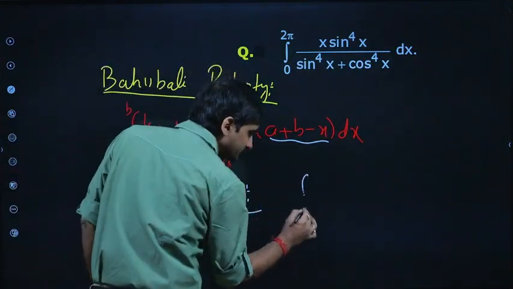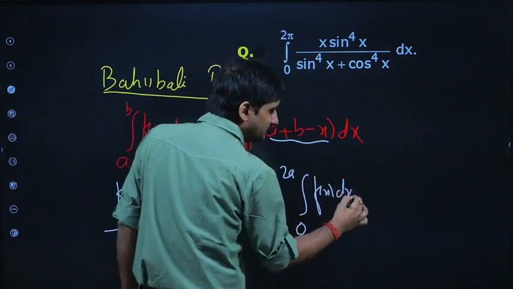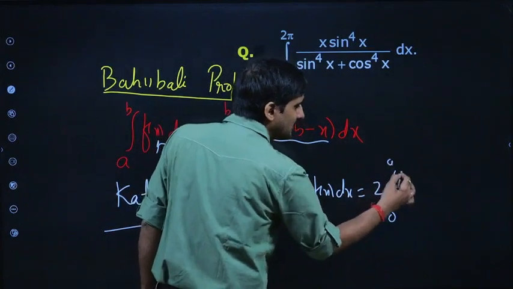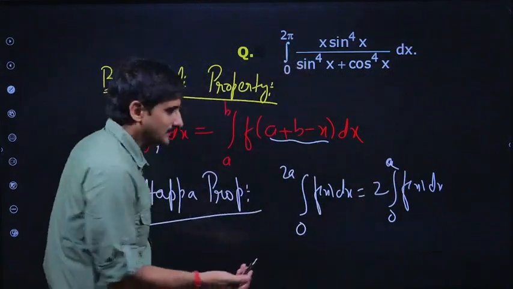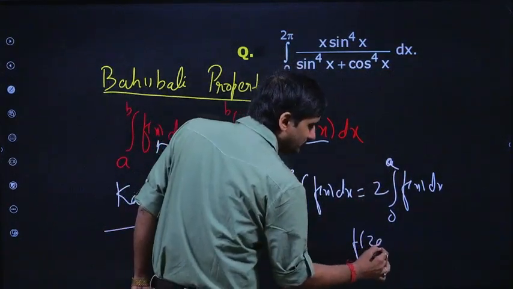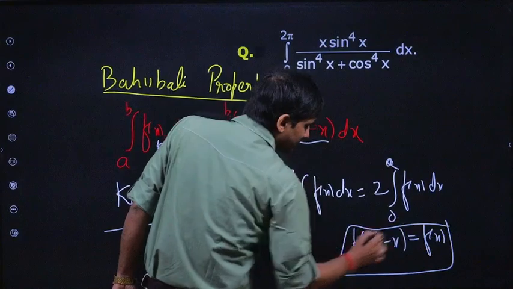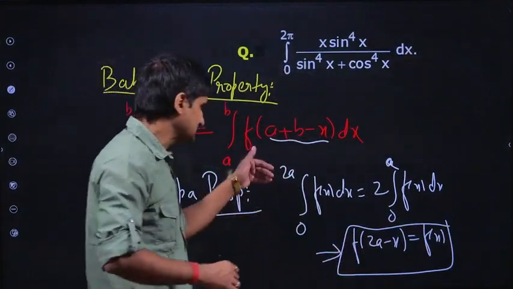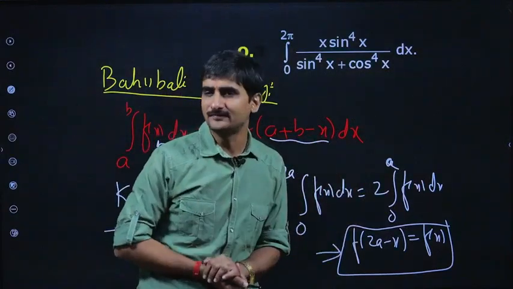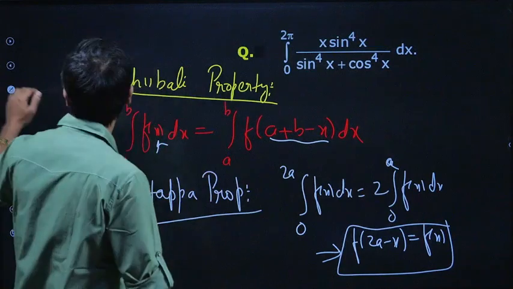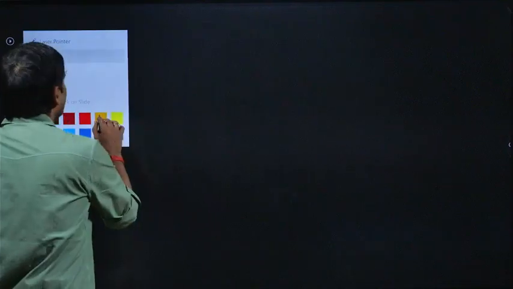And it says integral from 0 to 2a f of x dx will be 2 times integral from 0 to a f of x with respect to x. Actually that's not the exact property, but that's the form where we use it, where f of 2a minus x is the same as f of x. So if that's the case, then we can replace the integral from 0 to 2a as 2 times the integral from 0 to a of f of x. So these are the two properties which we are going to use here to solve the integral, and the integral is 0 to 2 pi. Okay. So now let's start.